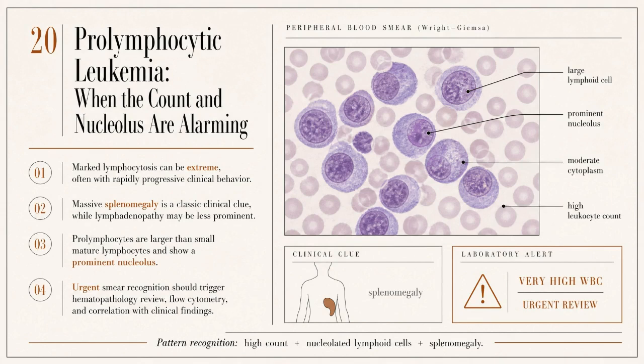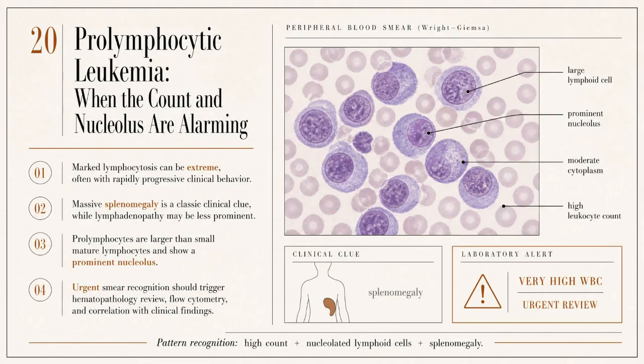The T-cell variant of PLL, known as T-PLL, adds another layer of complexity. These cells often have irregular or cerebriform nuclear contours and express the TCL1 protein, frequently associated with the inv(14)(q11;q32) chromosomal abnormality. Recognizing T-PLL requires integration of morphology, immunophenotyping, often via flow cytometry, and cytogenetic or molecular testing. For histotechnologists, ensuring that bone marrow biopsies and peripheral blood specimens are properly fixed and processed is essential to enable